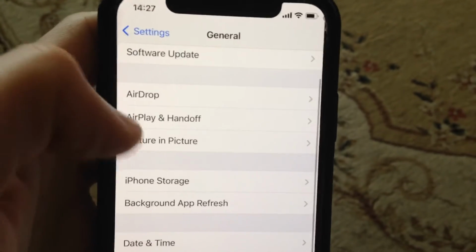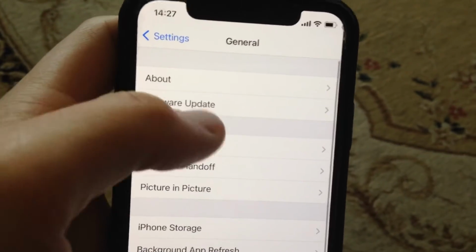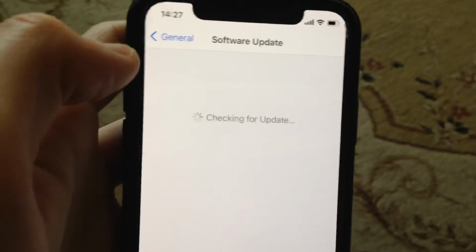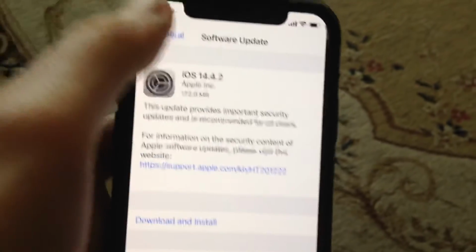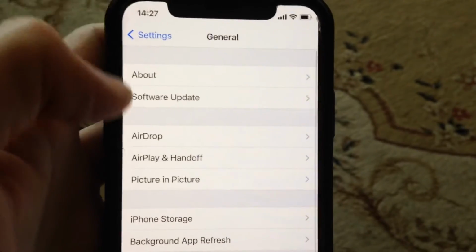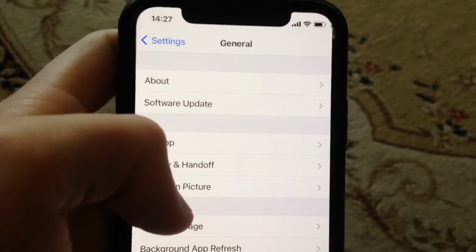And also, if it doesn't help you, you can go to General again, find Software Update, and try to update your iPhone. If you have an available update, just tap Download and Install and wait until your iPhone successfully